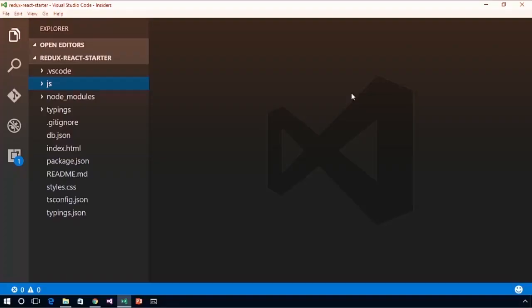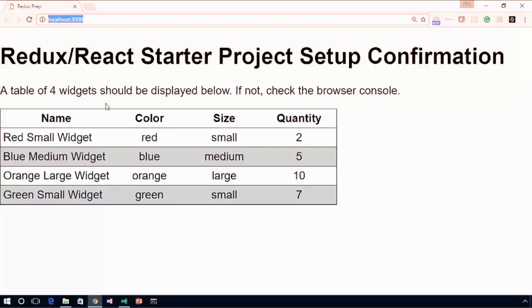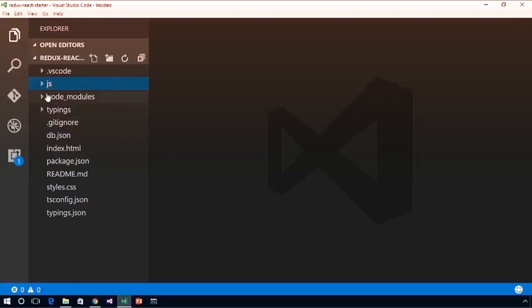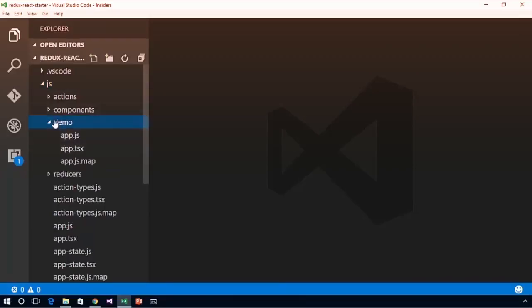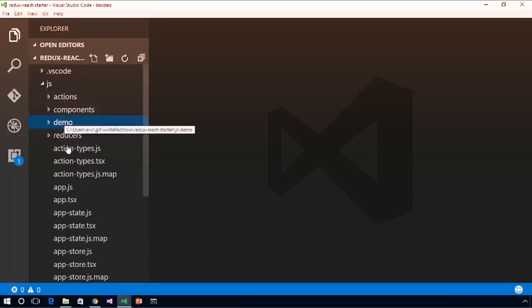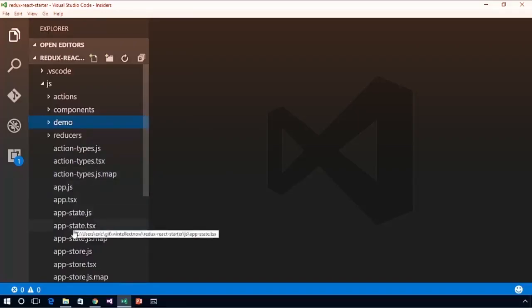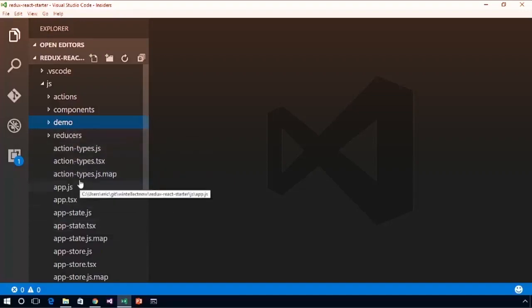But let's take a quick look at this application. If we go over to the web browser, you're going to see that we now have our table of widgets back. What I did was move the file that we were working on earlier to the demo folder, and then copy back over the original files that were here when we started this course. We're going to look at these files to understand how this whole thing works. These files are nicely set up. I've divided everything up into different files,